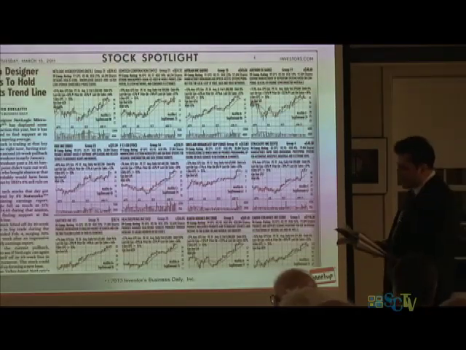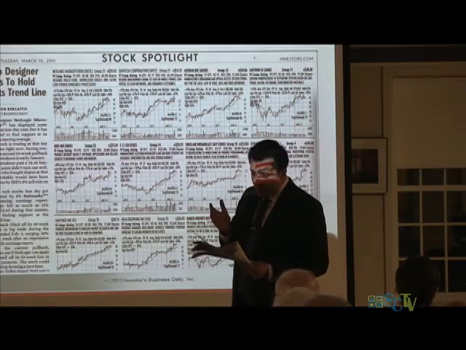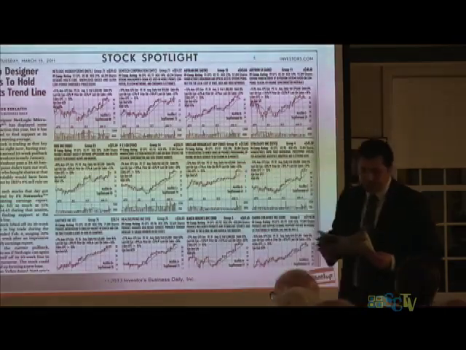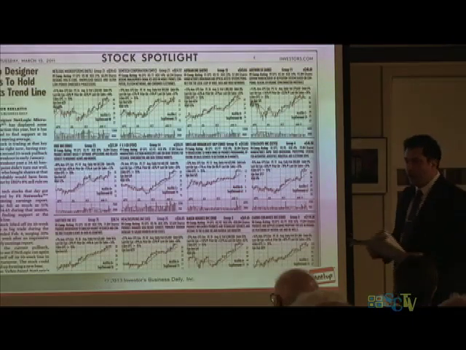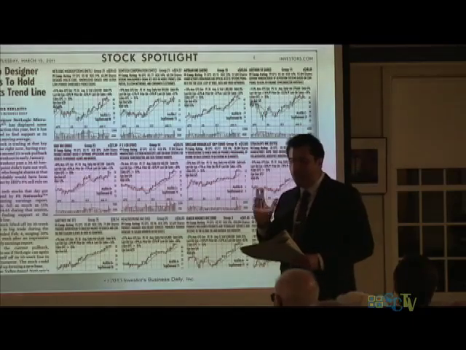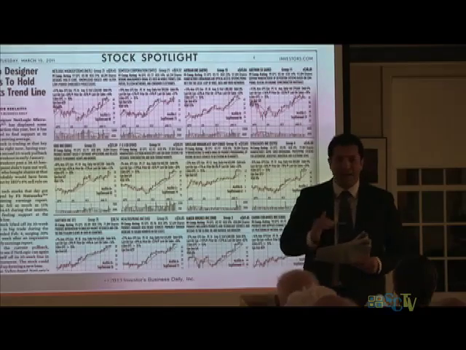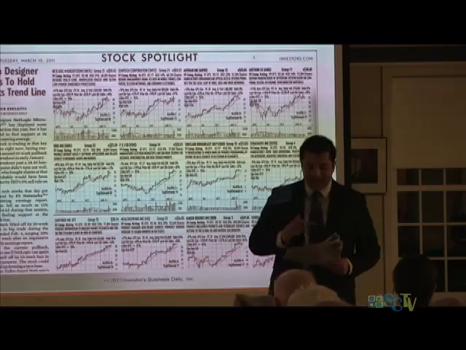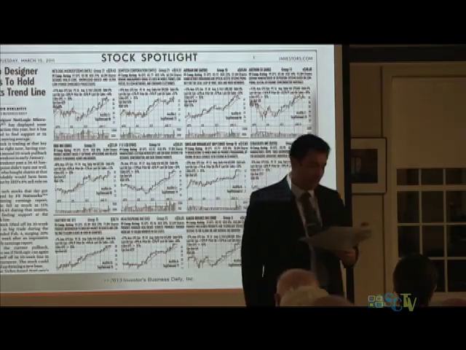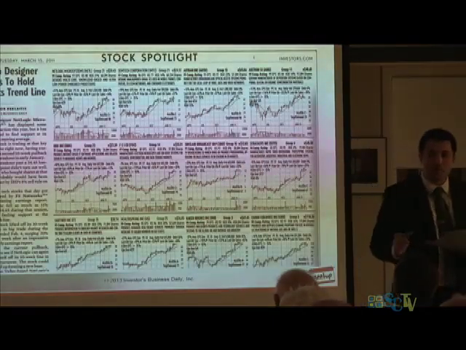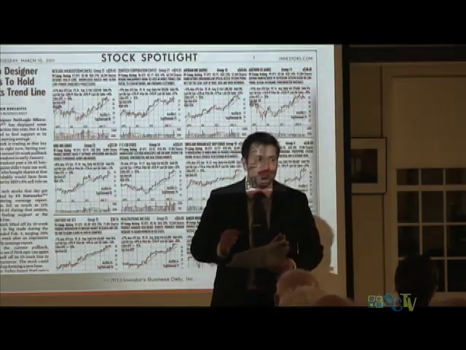So the first stock, multimedia games, okay? That stock is extended. Right away, I know that stock is way beyond its 5 point. Okay, it's 5% or more beyond its 5 point. That's considered an extended stock. I cross it out and I move on to the next one. Well, how do you know that, Bob? How do you know? By looking, because remember, we want to buy stocks after they've emerged from a consolidation.